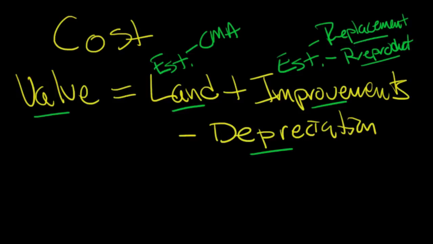So in most of these examples, you're going to look at the value of the land via a CMA, and then you're going to be looking at a replacement cost to replace the asset that is there. And almost always that's a building. We call it improvements, but usually a building. And then you're going to subtract depreciation. This is probably a good time to talk about depreciation. In a minute or two, we'll also talk about appreciation as well.